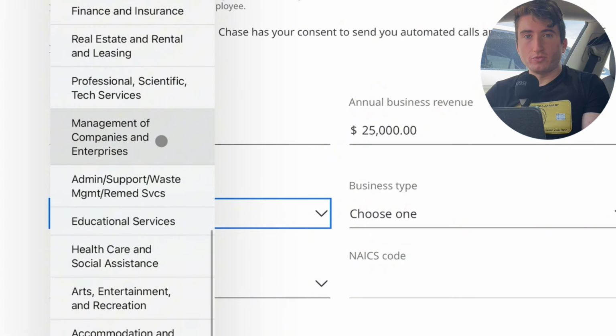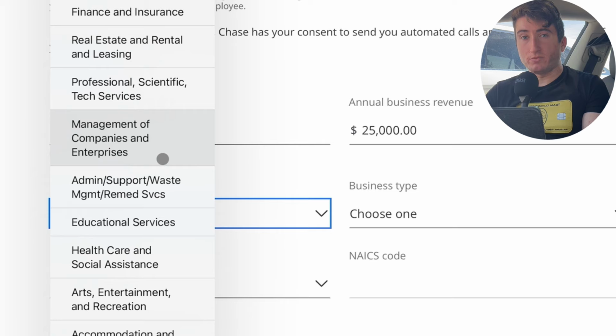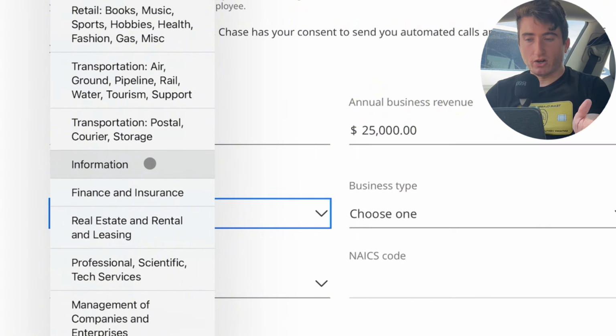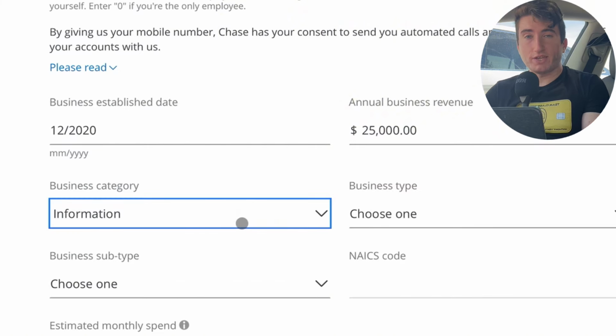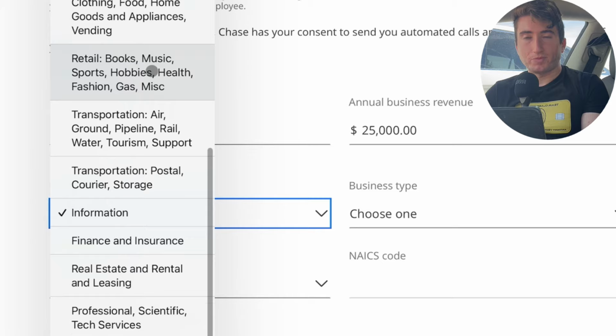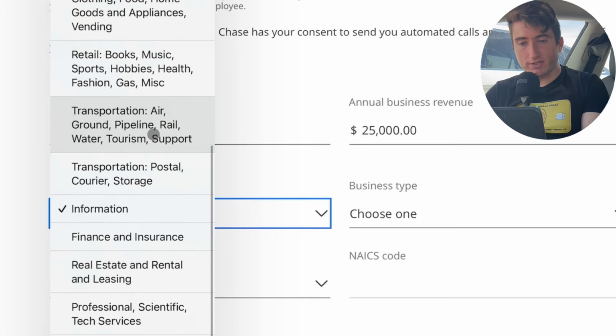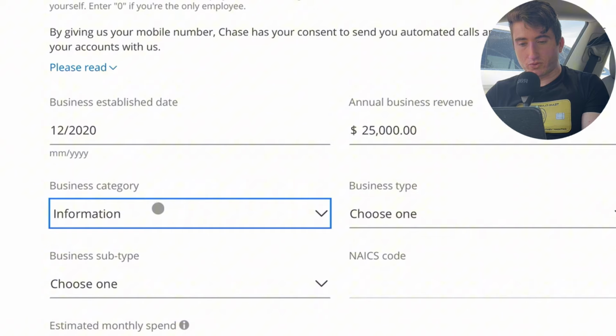However, have no fear, because if it is wrong, it can be corrected by a CPA, just making sure you find the right business category for your business. So if you're writing things off on this business card, just let your CPA know and they can actually correct it for you. In this case, since nothing was actually similar, I just went with what worked in the past, and I just made her business type the exact same one I did for my recent application, which was information,